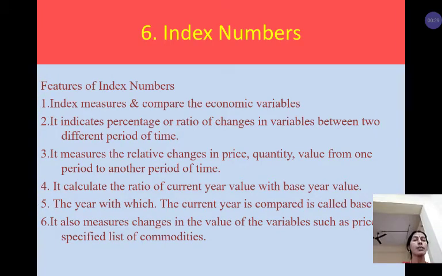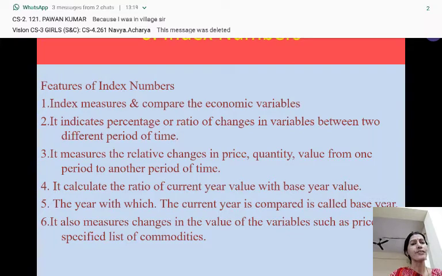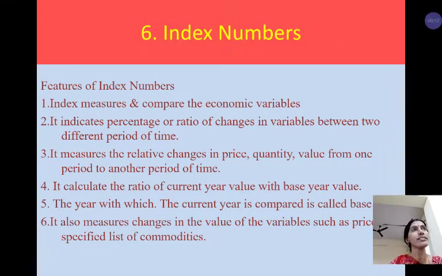You know that index numbers are a statistical tool which is used to measure and compare an economic variable with respect to time. And one more thing, index numbers are always expressed in terms of percentage. When we have two years, we compare one present year with another year. That year is known as the base year. So we compare the economic variable in terms of two periods, which are the current year and the base year.